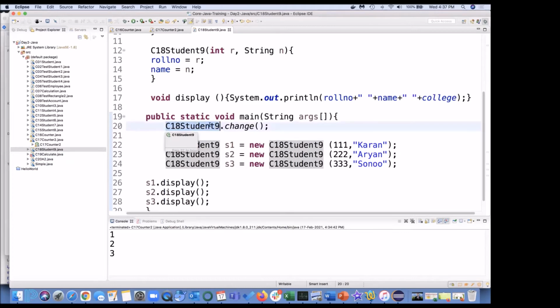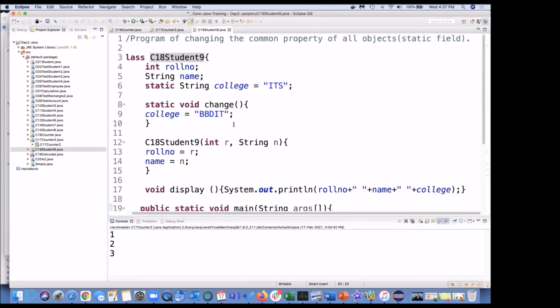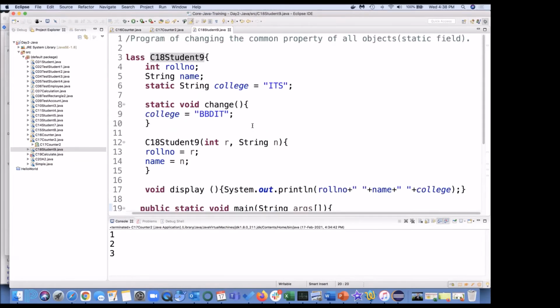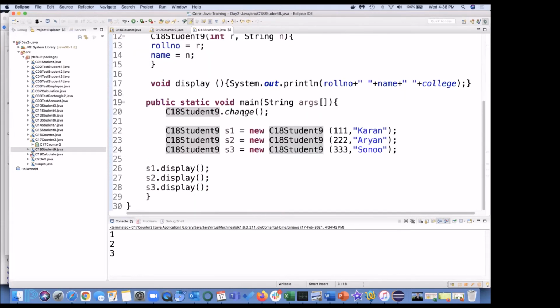This is my class dot a function. If there is any static function, we need not create an object. Without creating an object, you can access all the static functions. So this function change is a static function. That's why I have not created any object of student class and directly I am calling this.